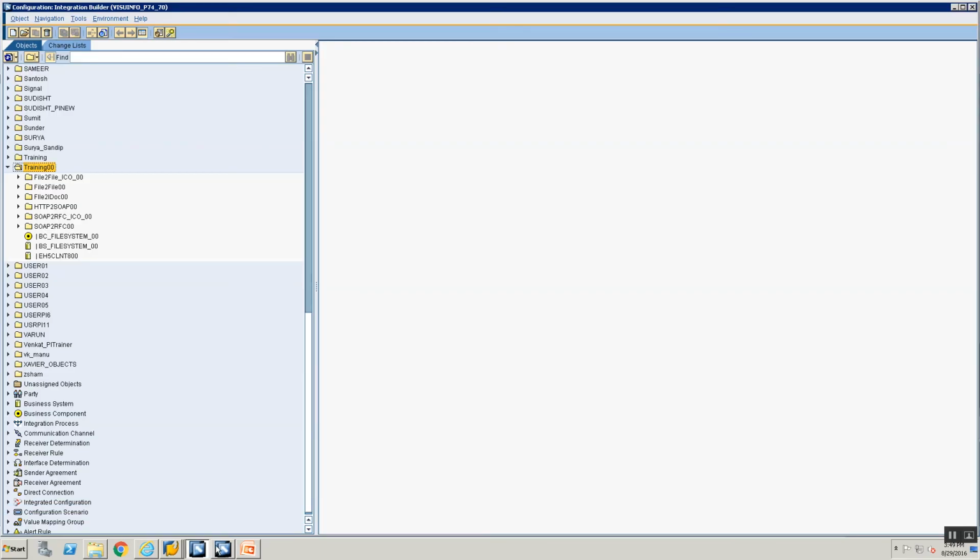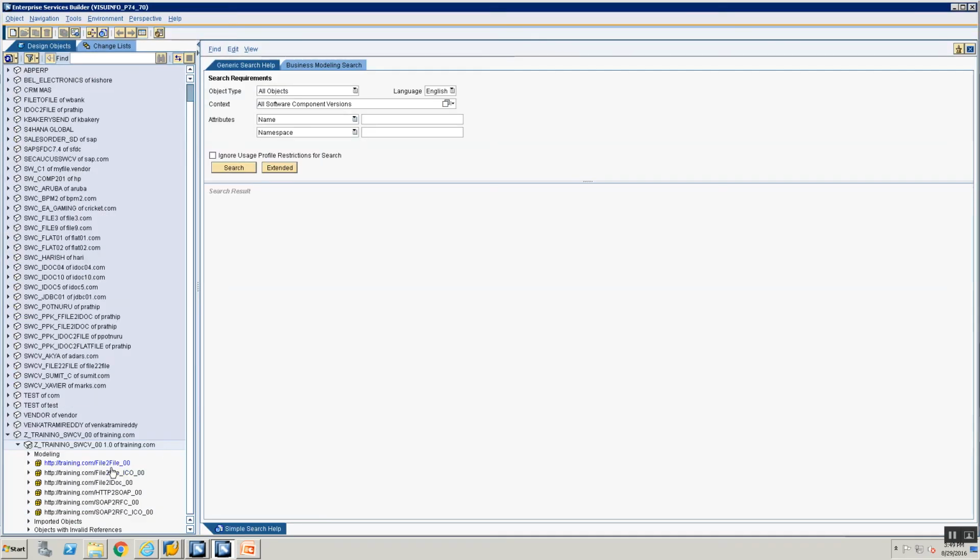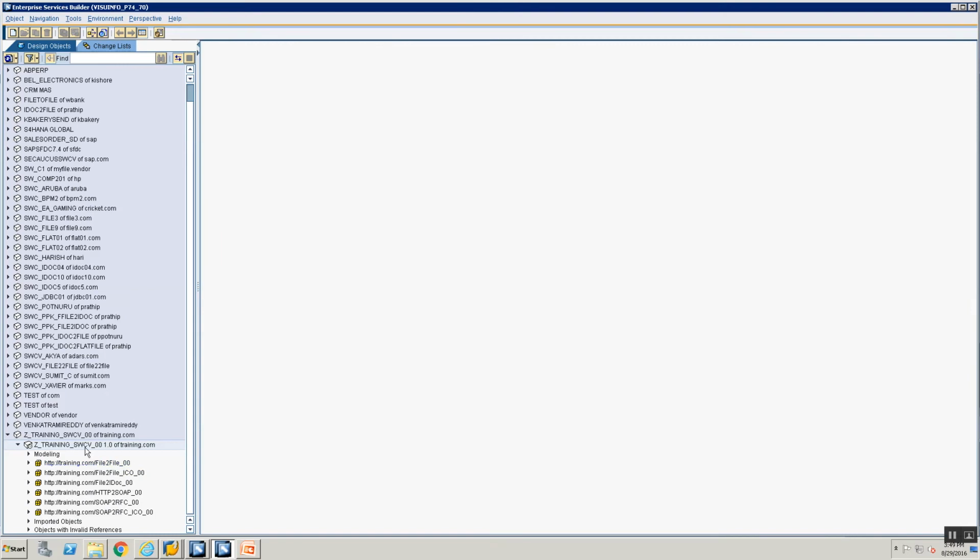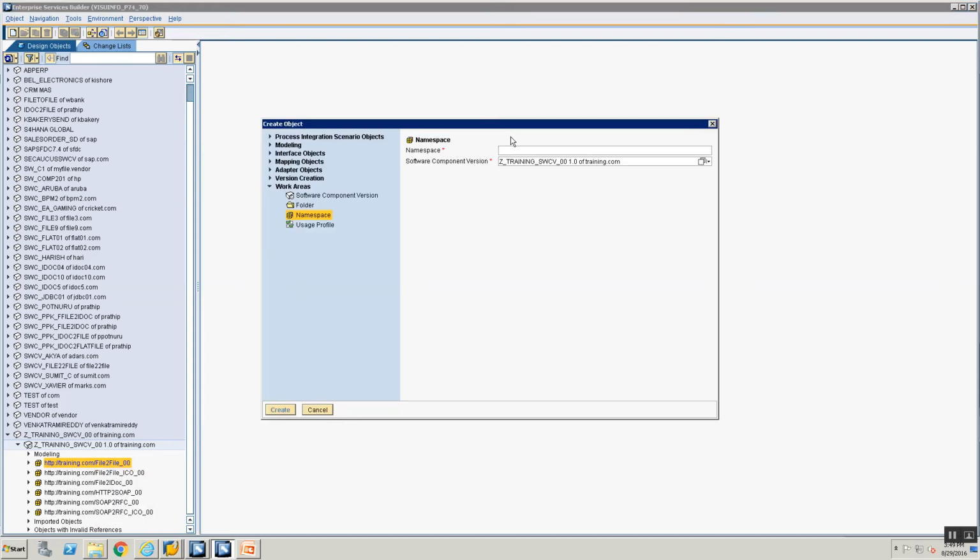So as always, we will first go into our enterprise service repository. I close everything here, and what am I going to do? I'm going to define a namespace. So how do I define a namespace? I right click on the namespace, say new. It's going to ask me for the name. I'm going to say http://training.com/file to IDOC